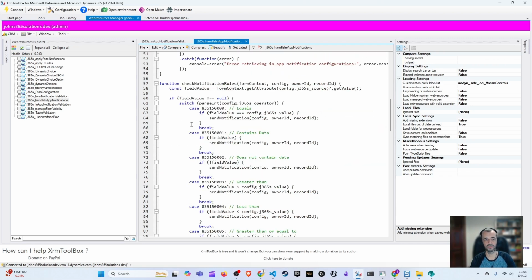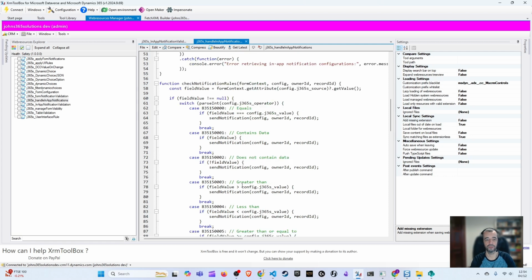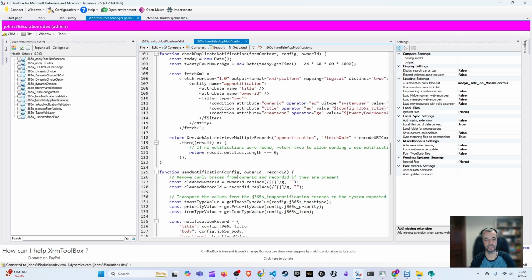The check notification rules then looks at the operator, whether it's equals, contains data, does not contain data, and then based on the check, the field value versus the value. So there you go, there's an equals, contains data, the little exclamation mark meaning does not contain data, greater than, less than, greater than or equal to, less than or equal to. Then if that equates to yes, to true, then go ahead and call send notification, where we actually send the